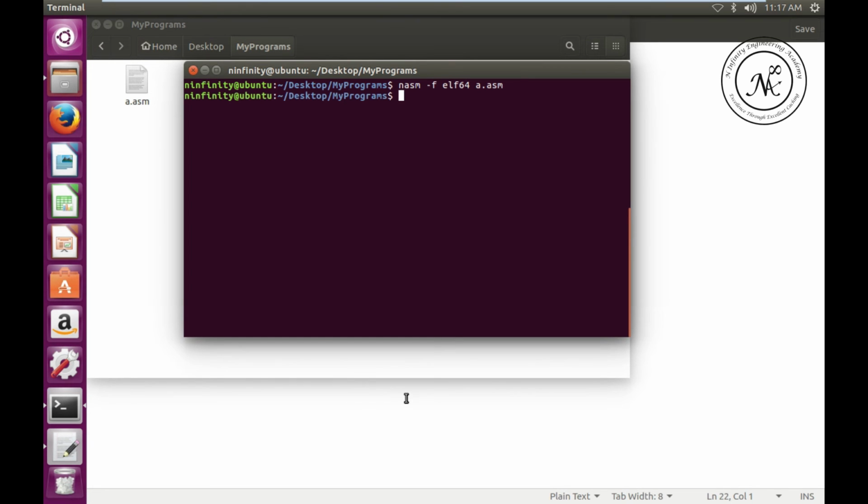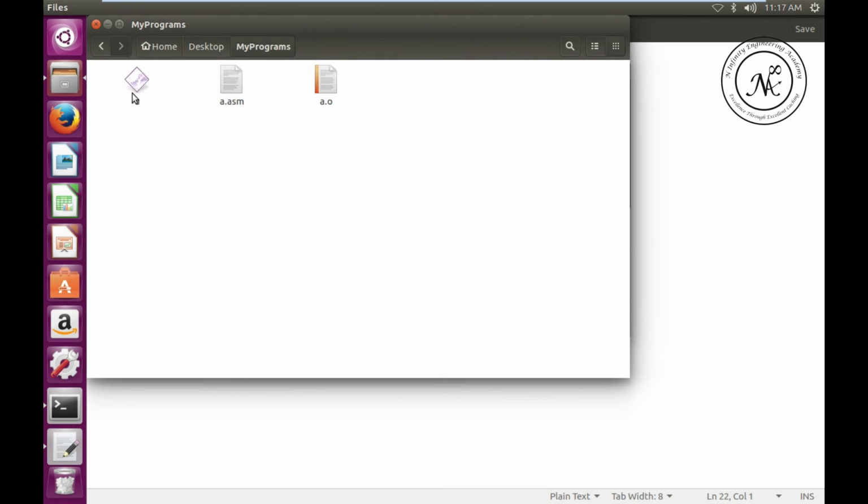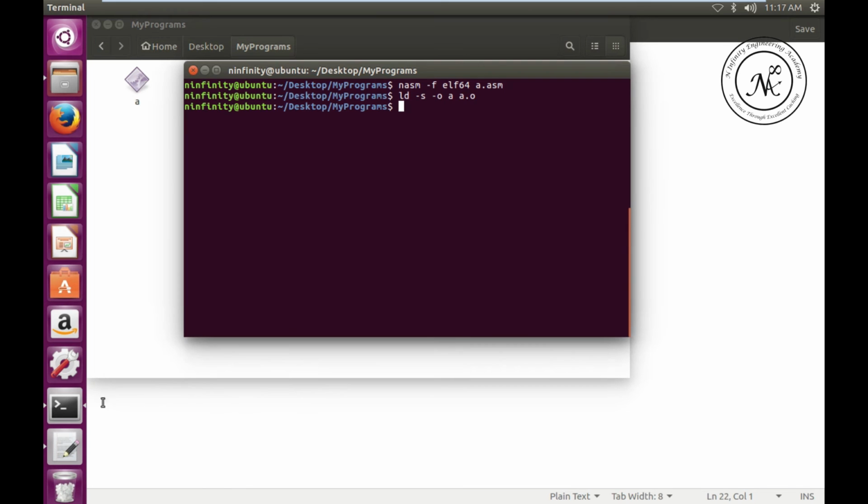So let's see the command ld -s, to strip out unwanted code, -o, I want to generate the output module, and the name is a, with a.o. Here we got the executable file created, and if we run this file I got the execution as success. So again, nasm is converting my a.asm into the file a.o, and the ld command, the link command, is converting my a.o into the executable file a.